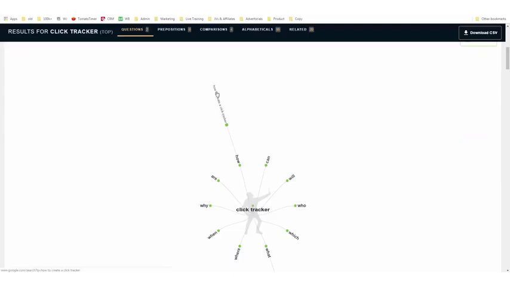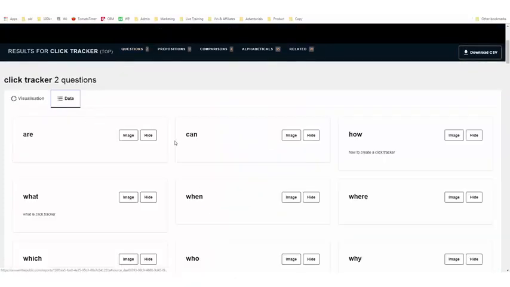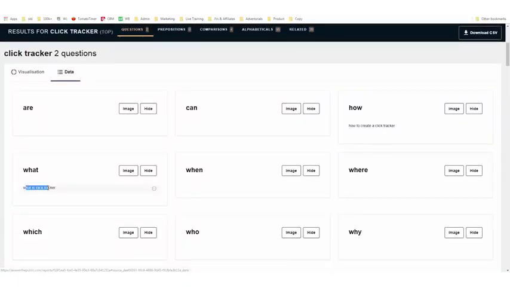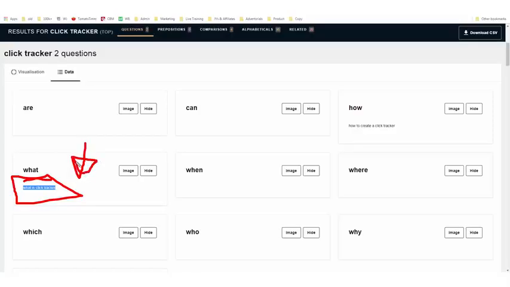So here we go. Here we have a search, how to create a click tracker. Okay, and let's actually find the data. What is a click tracker? And we also have how to create a click tracker. But we have very few terms. Maybe I would want to do a video on what is a click tracker, so I could explain what a click tracker is just to people who are wondering what it is. Again, nobody's asking how can it help me or other stuff. It seems like there's not a lot of action on this keyword, so it might not be something that I